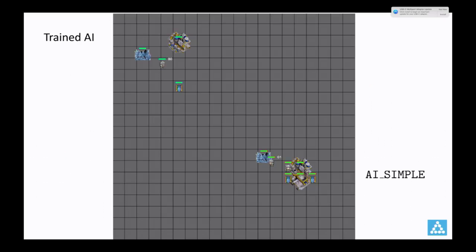So using our framework, we can train a strong agent with a simple GPU and like 6 CPUs in half a day. And here's a video showing a replay between the trained AI and the simple AI. So you'll see that the trained AI actually learns when to build barracks and when to build more troops so that it can defend against the enemy, and finally tries to use some tactics to take down the opponent.